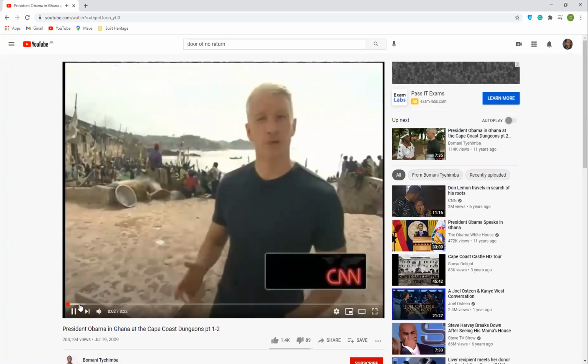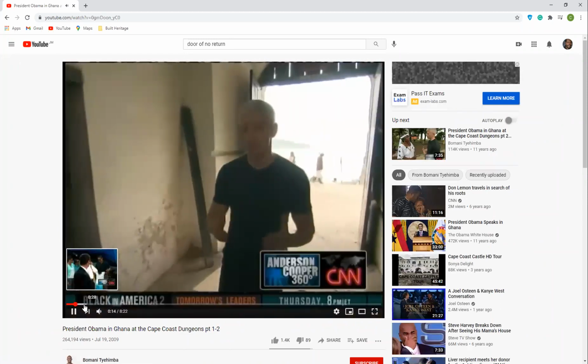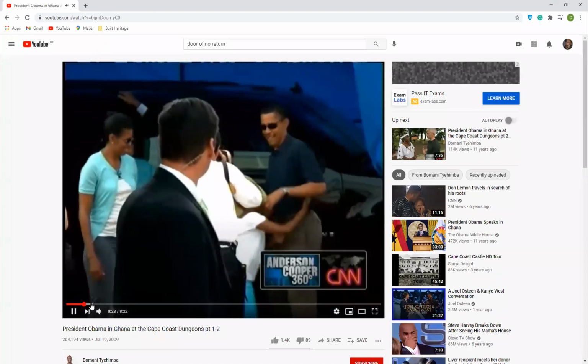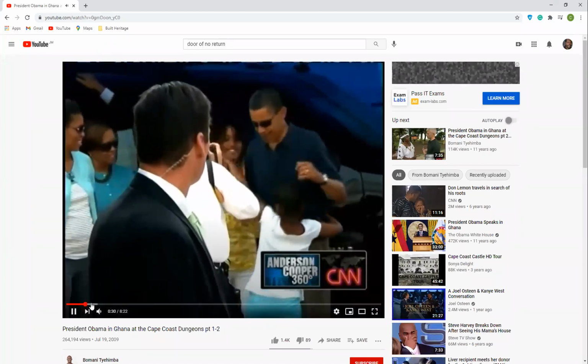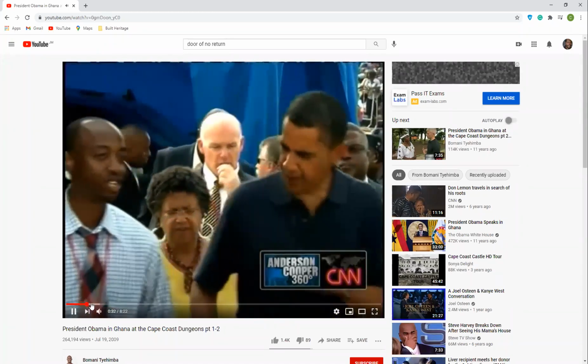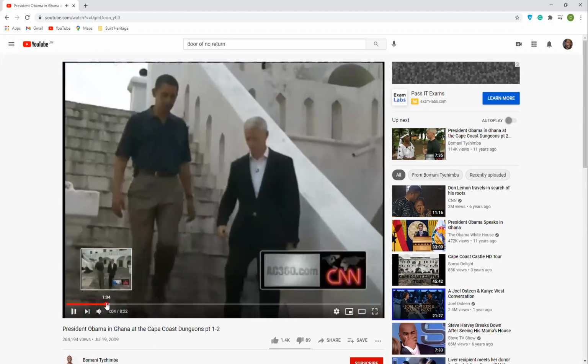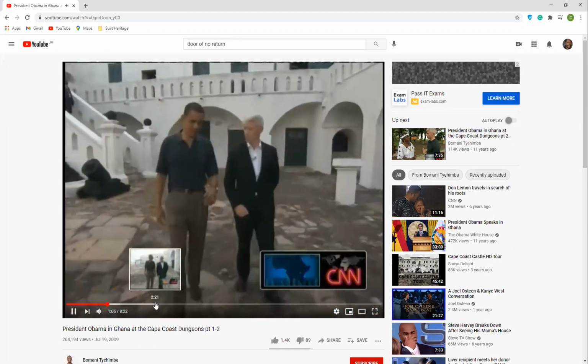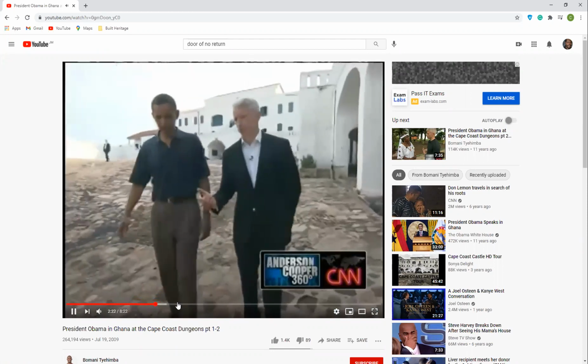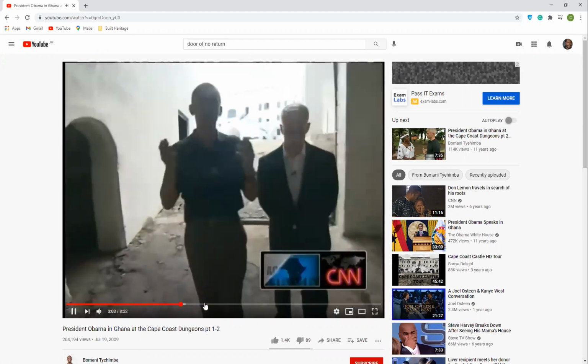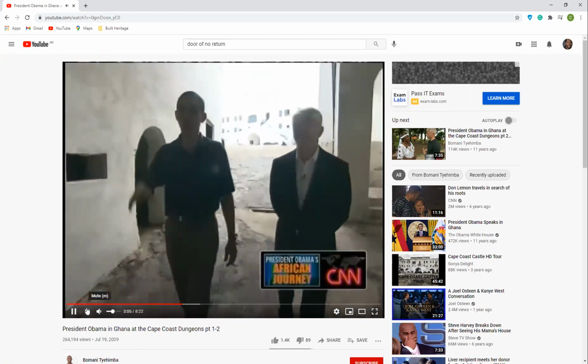I'm Anderson Cooper in Cape Coast, Ghana. The journey of 10 to 40 million enslaved Africans is in many ways deeply personal for President Obama. It's a journey that encompasses both the walls can speak, and that something you referenced actually during the campaign in your speech. It's through this door that